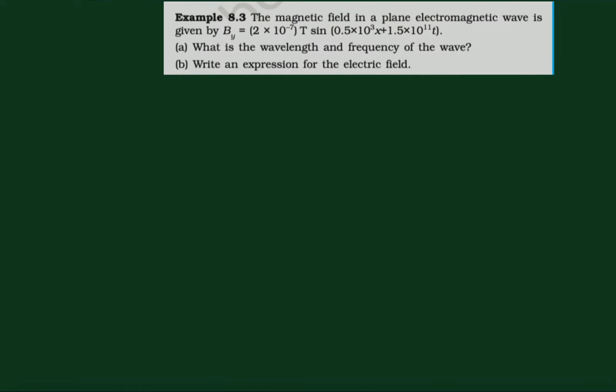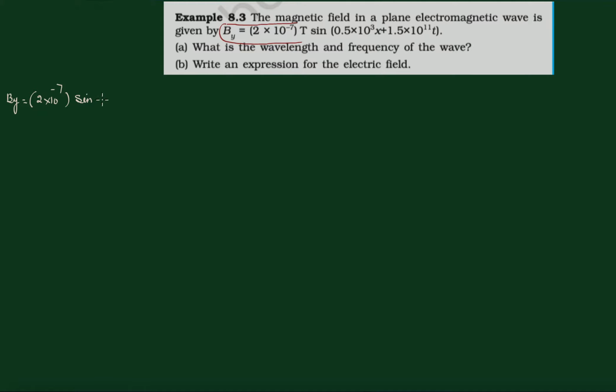First we'll go for the question. The question is: the magnetic field in a plane electromagnetic wave is given by this expression. This is the expression for magnetic field. The magnetic field that points in the y direction is equal to 2 cross 10 to the power minus 7. This is the value of B0, and this much Tesla, it should point at the end